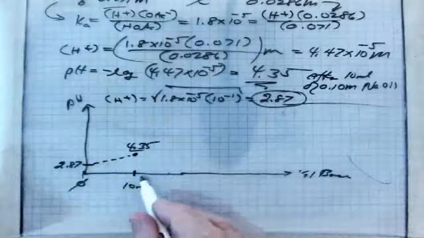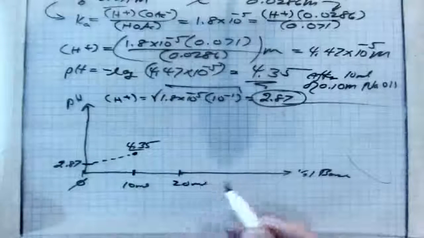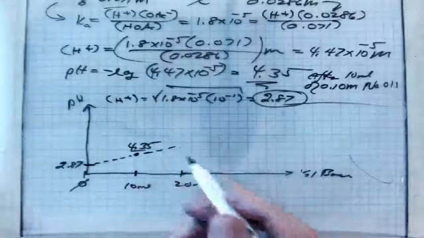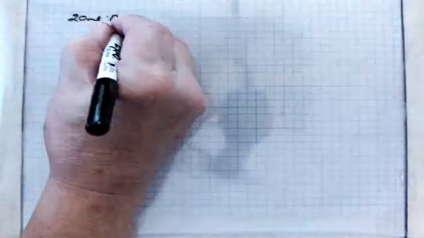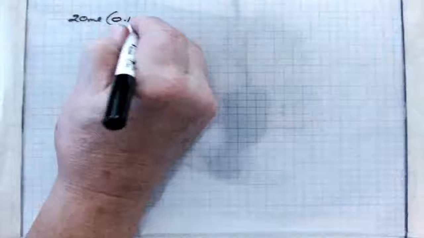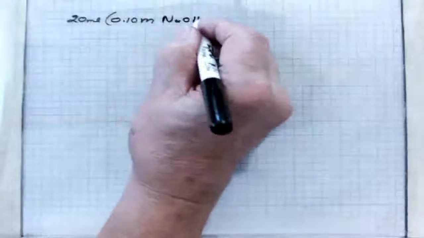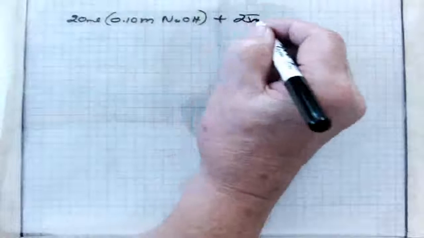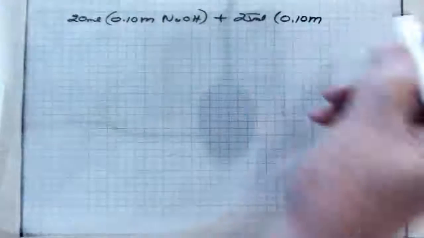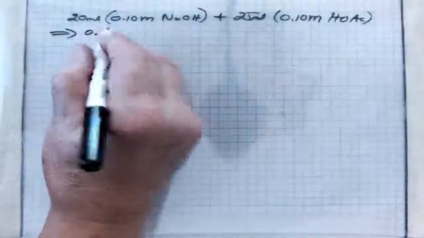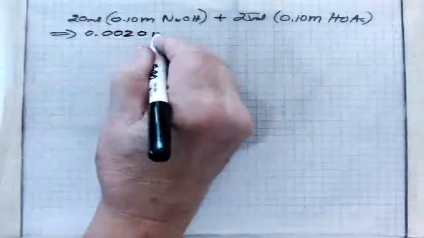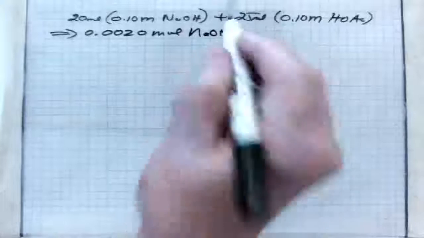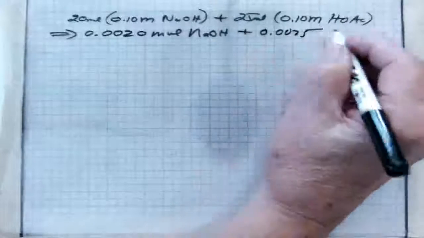Now if we go another 1, 2, 3, 4, 5, go to 20 mils and repeat and see where that goes. Okay, this is 20 mils sodium hydroxide. And so 0.0020 mole, 0.0025 mole, and so this will give me a